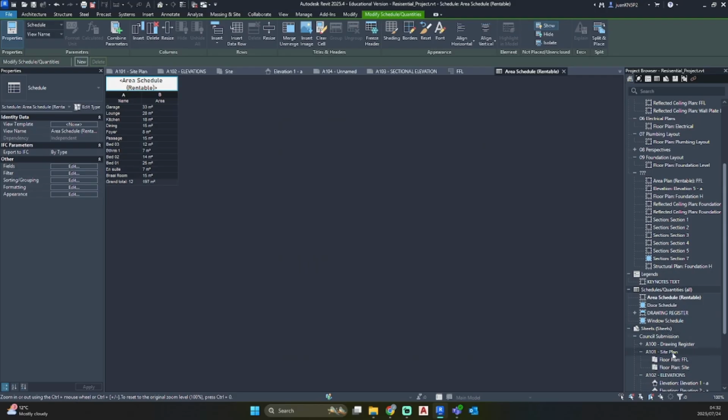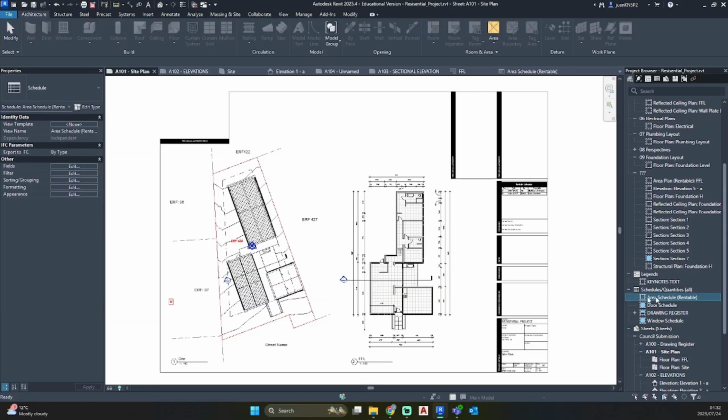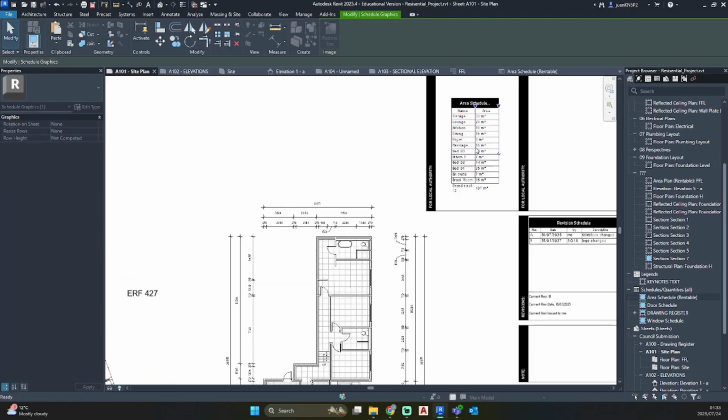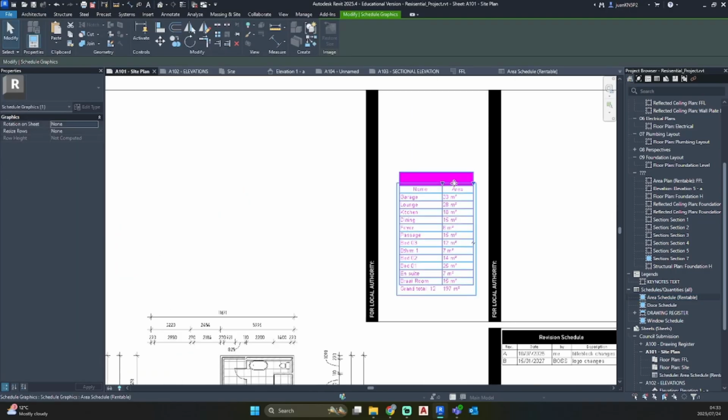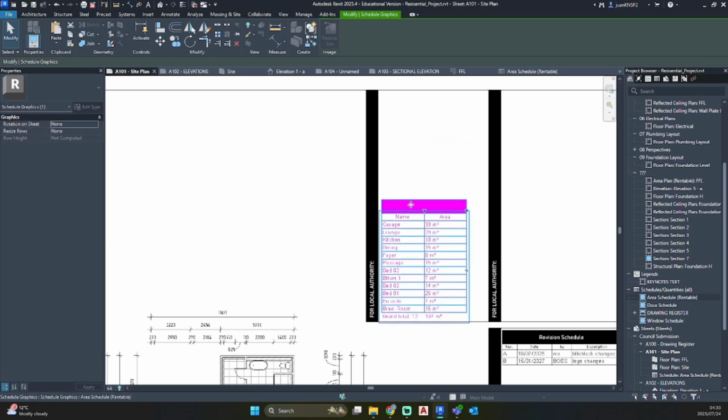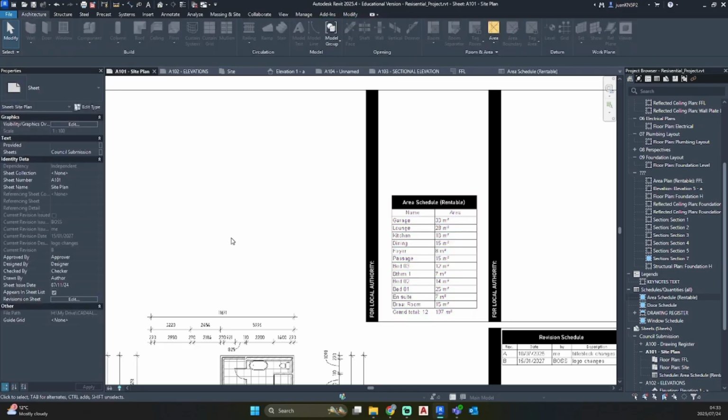I'm going to go to my site plan and use my schedule that we've created and drag and drop that onto my drawing. And there you have your area schedule.